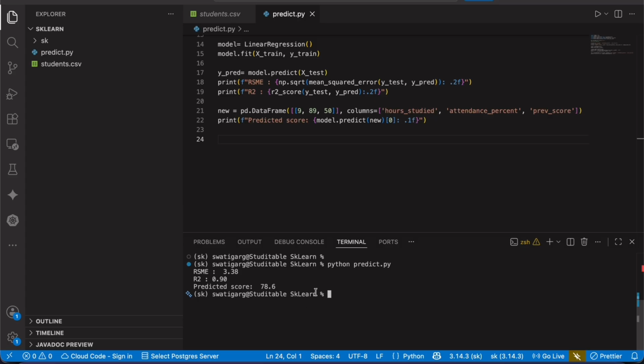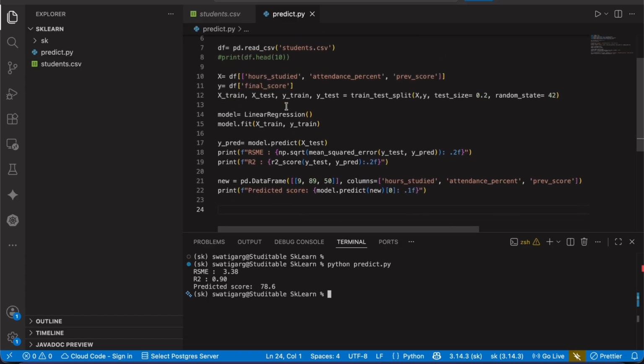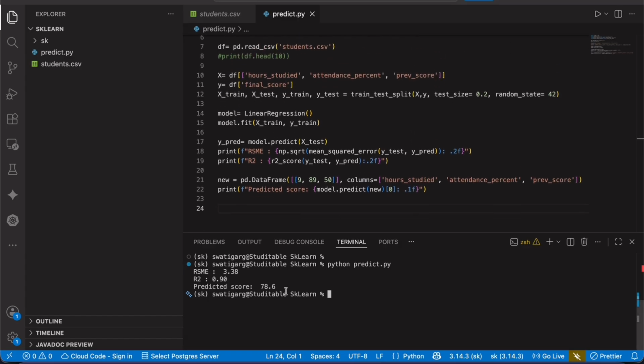Yes, now it's coming. Here we see that RMSE is 3.38, R2 is 0.90. That is very close to 1, which means linear regression is a good model for the program that we are writing here. And the predicted score is 78.6, which means that for the hours studied, attendance present and previous score, the predicted score it gave was 78.6 based on the data that it already trained on.